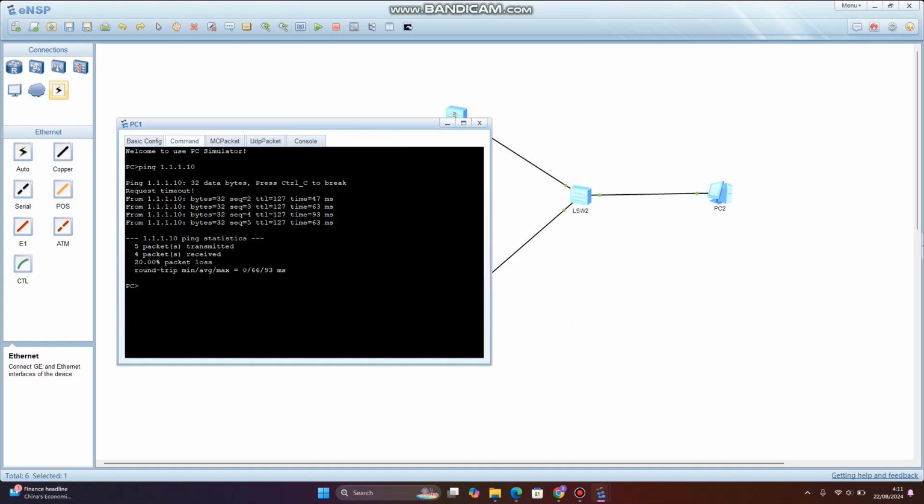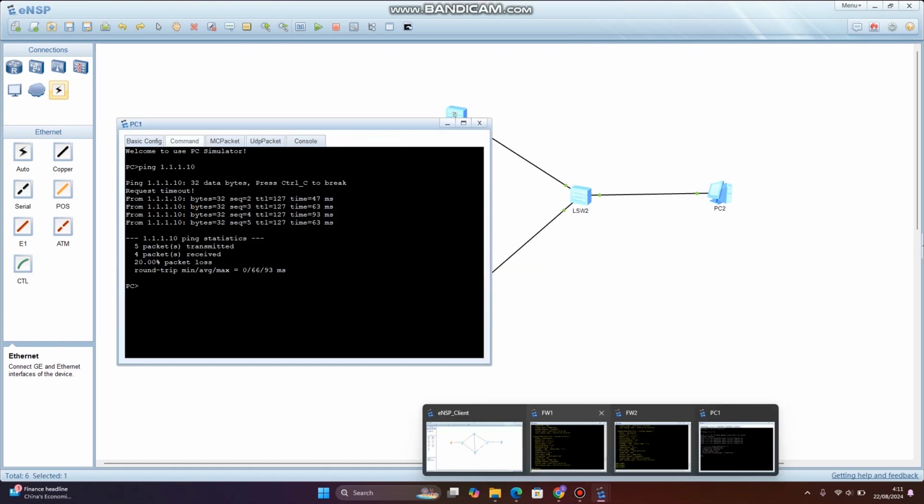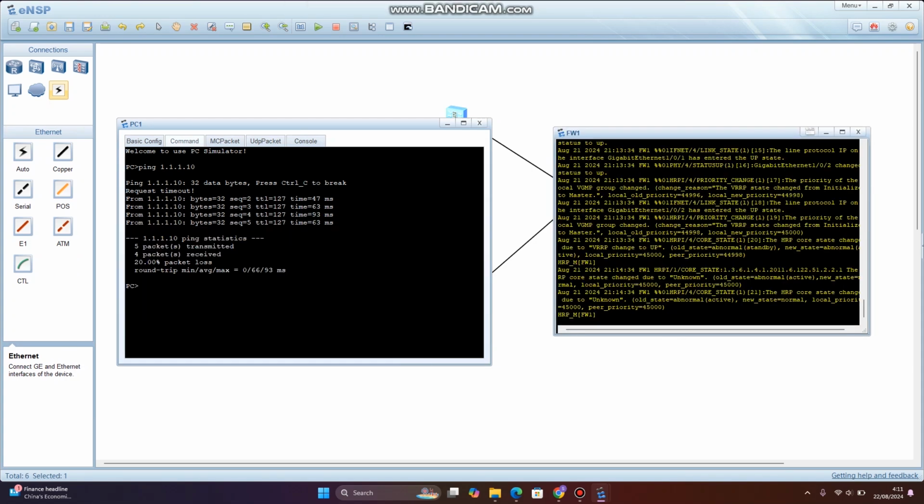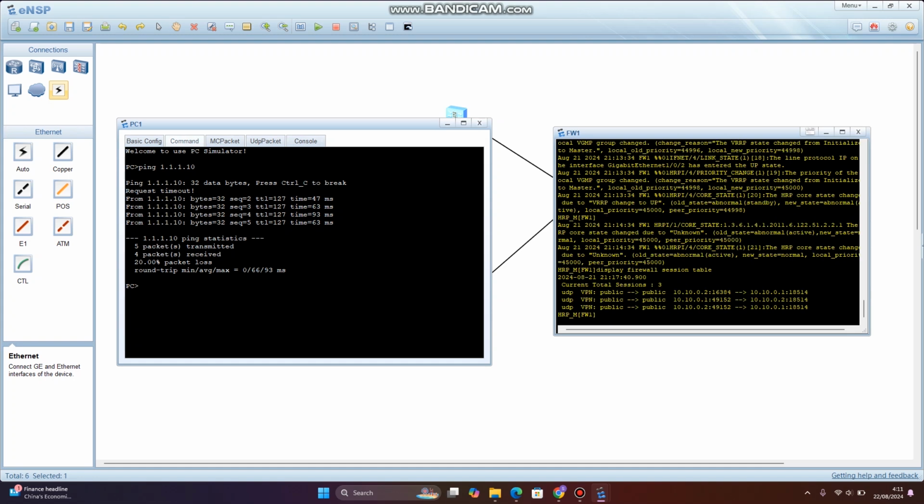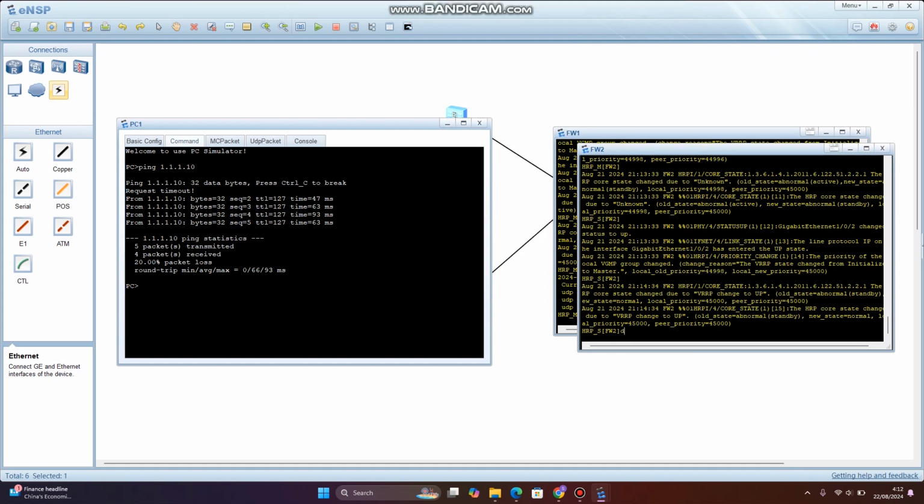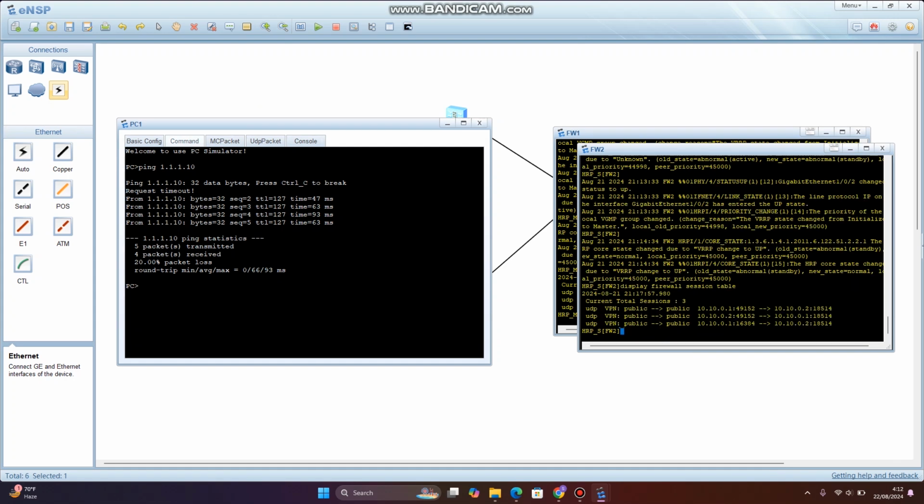I'm going to display the session table. We are going to put display firewall session table here. Okay, there you go. And what about the second firewall? Display firewall session table. Okay, so it works,